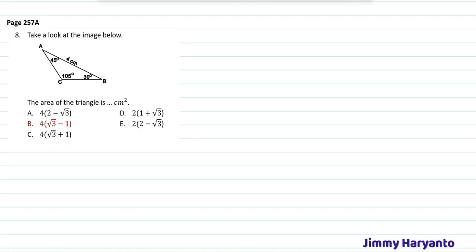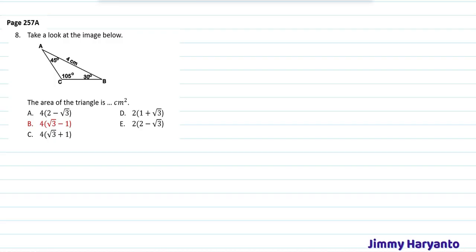Next is question 8. For question 8, we have this triangle, and then I have to find the area of the triangle. How? Okay, so first, I think I have to find one of the sides first. Maybe this one. Okay, I don't think I can find that one using sine rule or cos rule, even though we have a lot of angles right there. But the 105 is not in the special angles table, so we cannot solve this without using a calculator, yeah.